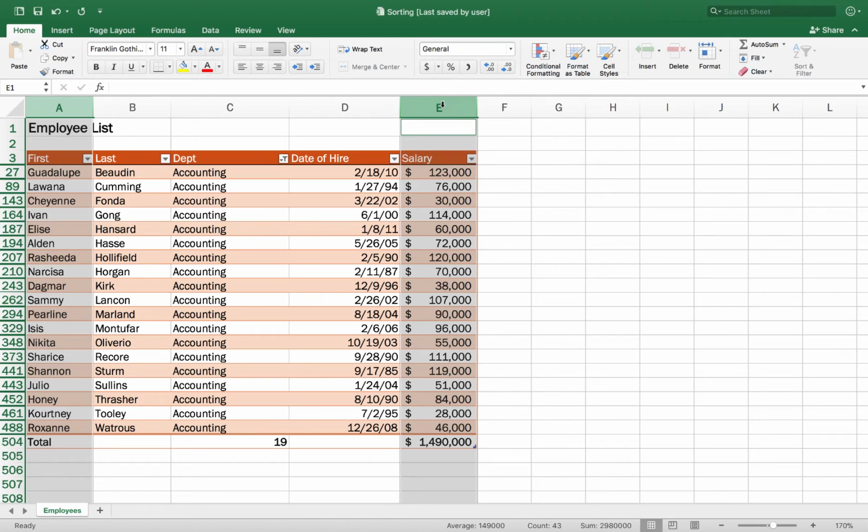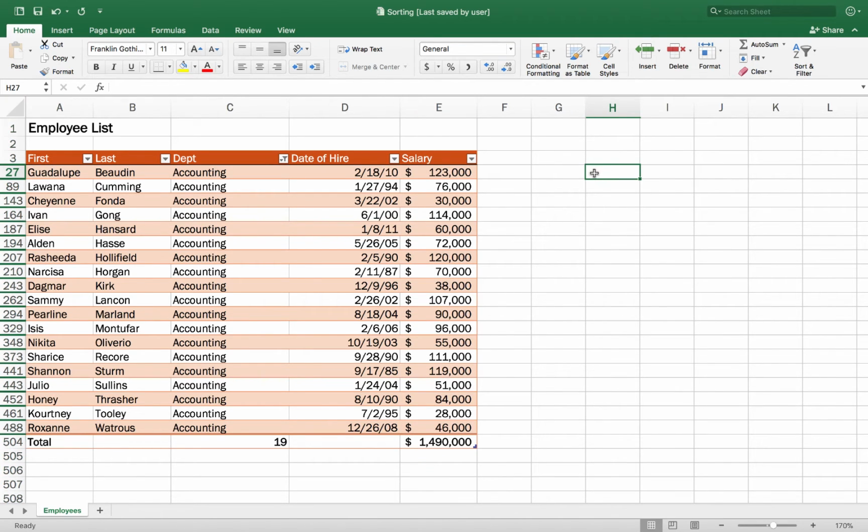So yeah, and that idea works not just for columns, but for anything. If I click in a blank cell in the spreadsheet, then hold the Shift key down and click in a diagonal location, that highlights all those cells. And if I click on one cell and then hold the Command key on the Mac or the Control key on the PC, I can select non-adjacent cells that way. So that works for columns or cells.